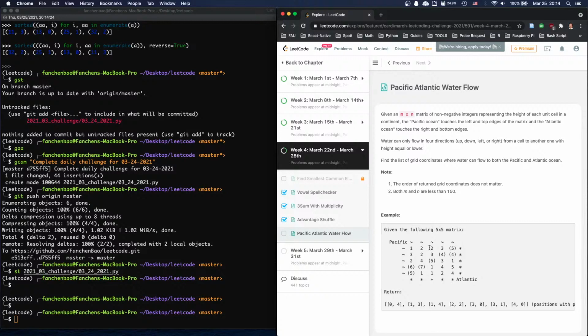Actually, at the beginning, we can preset every value. So we know this one can go here, and we can go this. We run 3 branches. That's fine. So we run here, and this one we check. This one is a 1, 0, which means it cannot reach the Atlantic. So we say this one is not good, and we can go here, and this one